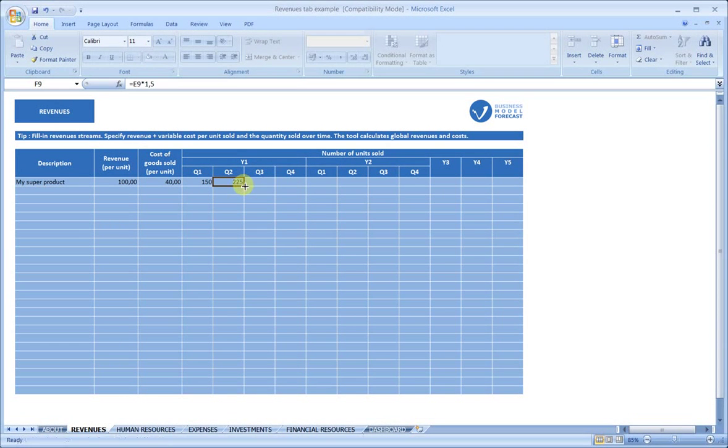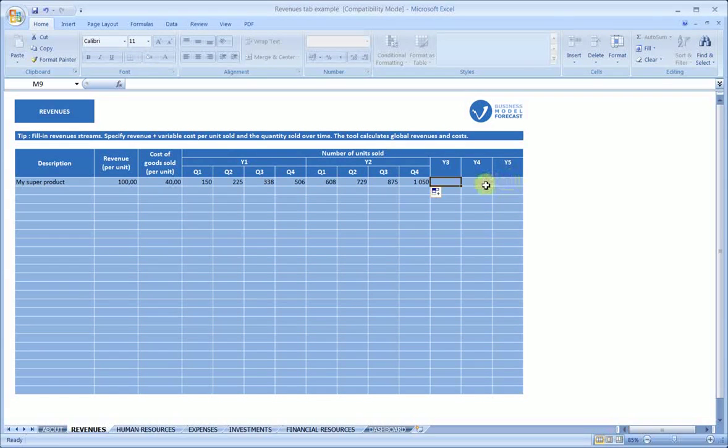And then you just have to grab here, and do the same thing for the next year. I will just modify to have a 20% growth, and then I just do the same for the next quarters of the year. So here we are, we have forecast all quantities for the first two years, and for the third to the